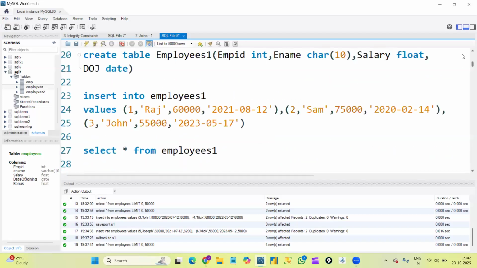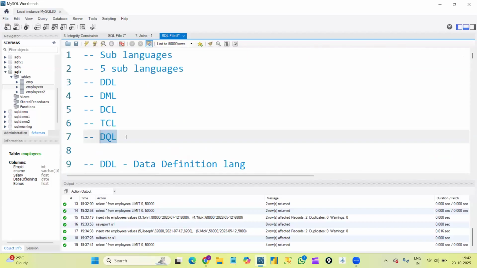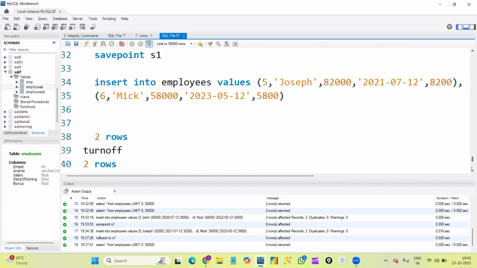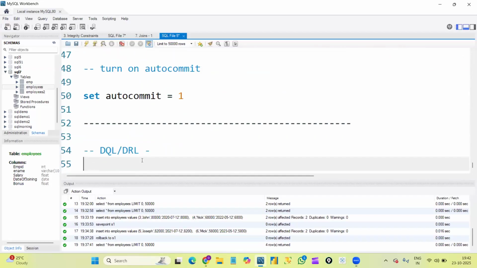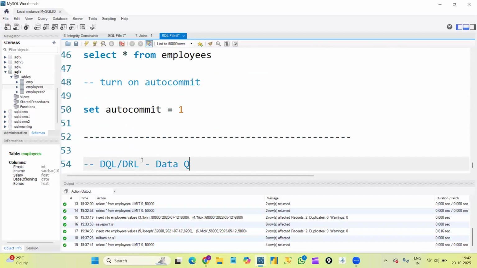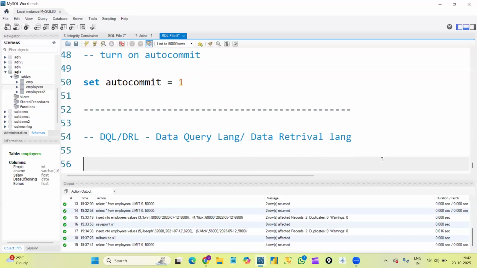Maybe at the top I wrote only DQL, but in some resources you can even find it as DRL, both are same. Okay, so let me write at the bottom, DQL or DRL, that is nothing but data query language or data retrieval language. Both are same. In some resources you will find it as data query language, in some resources you can find it as data retrieval language. Both are same, and we have only one command in it, that is select command, which we